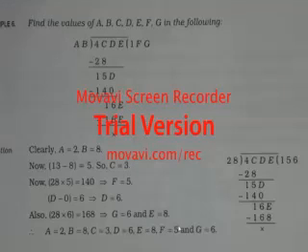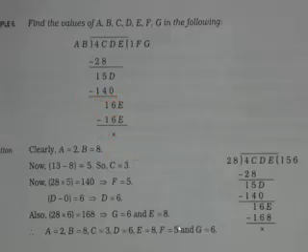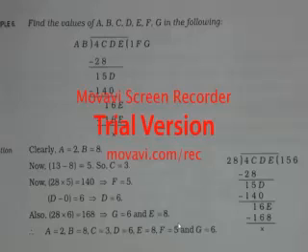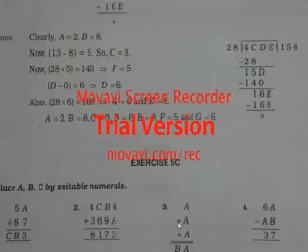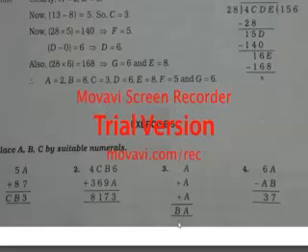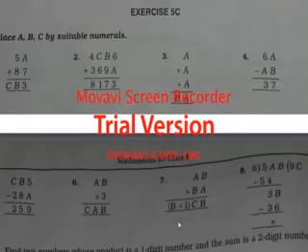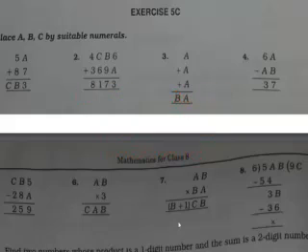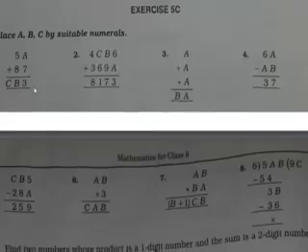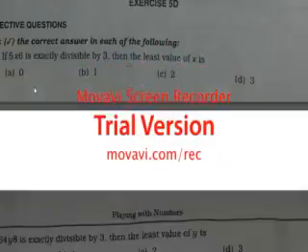So in this way you have to find the missing value. You have to assume and you have to find those values which fit properly for the given sum or problems. Okay, that is your answer. I hope you all are understanding it. Now after this, if you will see, there is exercise 5C, and as I had said during online class, I had solved a few questions. Okay, first number I think I had solved it. You can see this is addition. Okay, let's go to the solution and see over there itself.